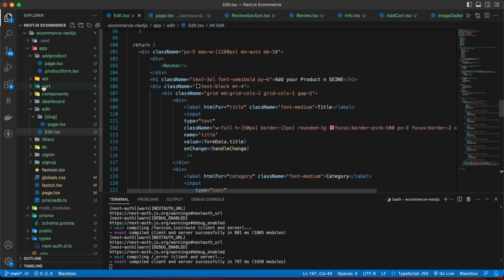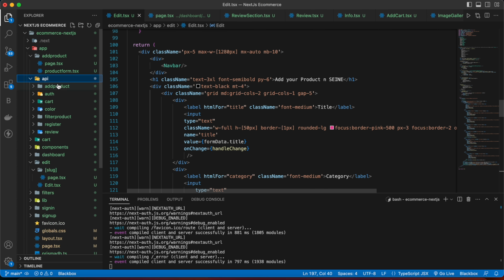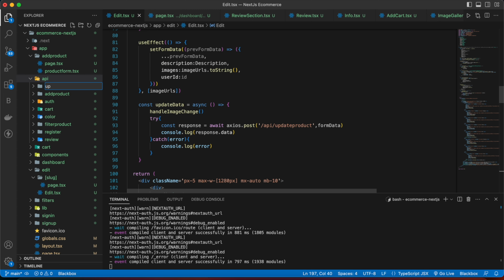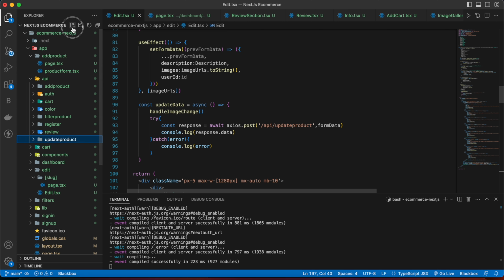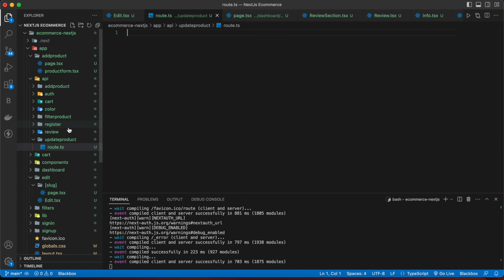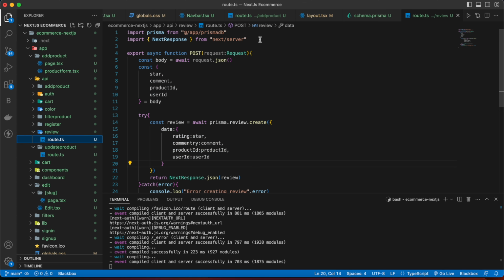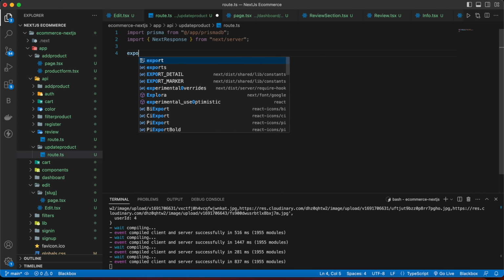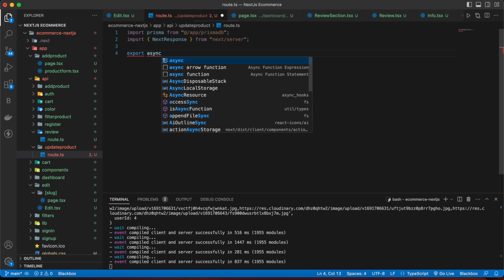So for that, go back to the API, and inside that make one more folder, named update-product, and inside that make a route.ts file. So first we are going to get our Prisma and NextResponse. So copy this and paste here, and now write export async function